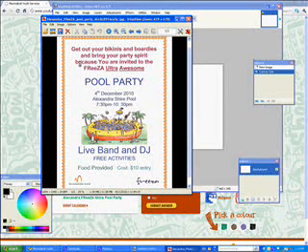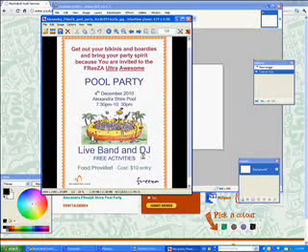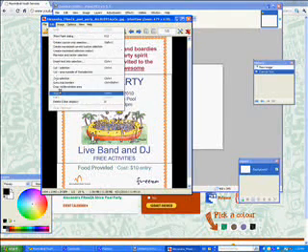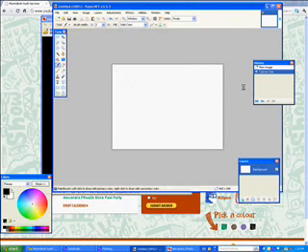Now I'm just going to grab the most important elements, which is the title here, the dates, and the call to action. We don't really need the logos and other information as yet. That can come later. So I'm just going to add that detail. I'm just going to select it, go Edit, Copy, and then open up our paint.net and Edit, Paste it into